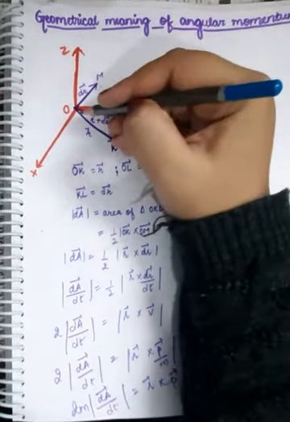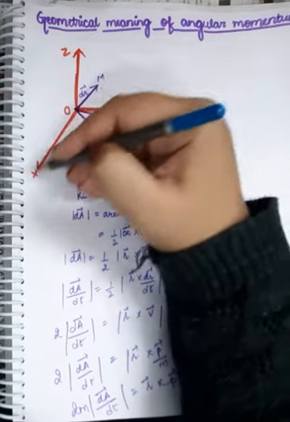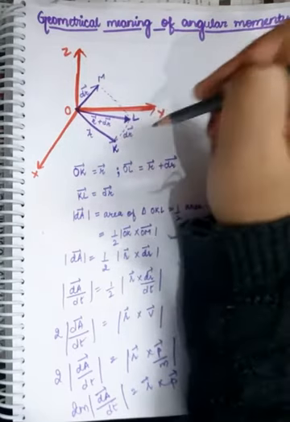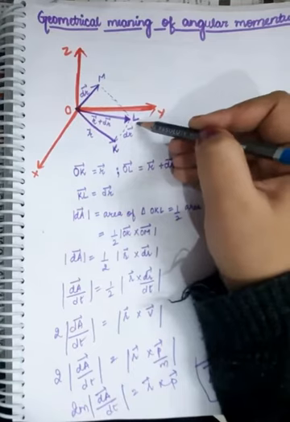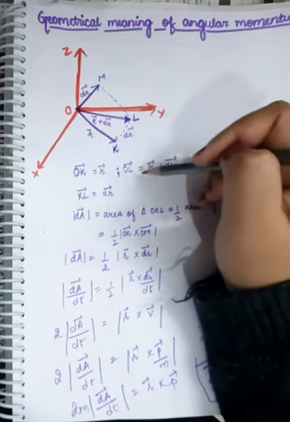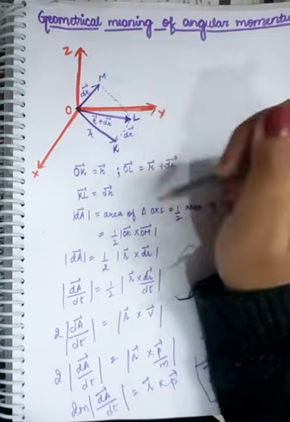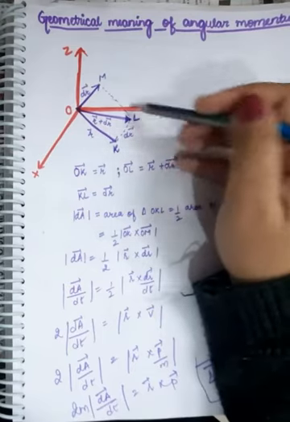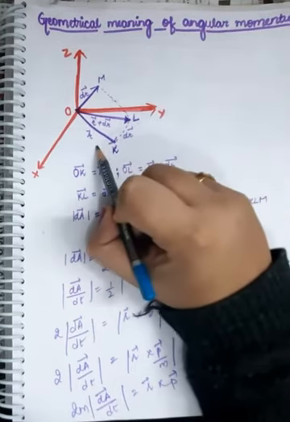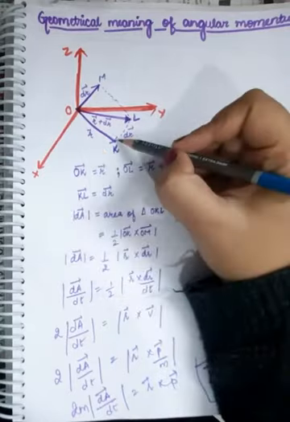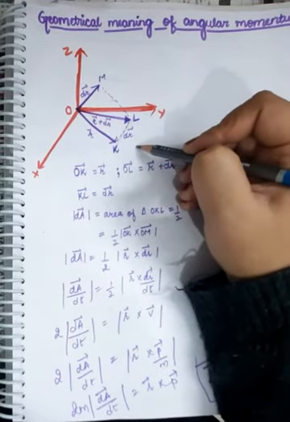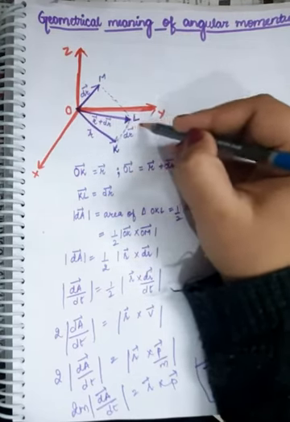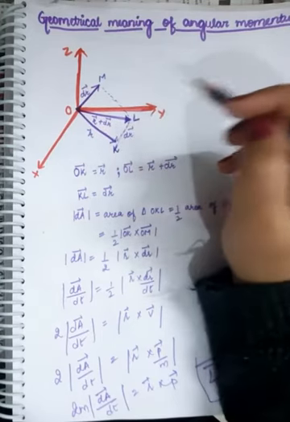Suppose this is the Cartesian system of axes, x-axis, y-axis, z-axis, and a body is undergoing rotation. Suppose K is its initial position, then the position goes to L and then to M, and that's how the body is rotating. If you complete the parallelogram, OK vector is equal to r vector. Then the displacement happens, which is equal to dr vector, and the overall position vector with respect to L is r vector plus dr vector.